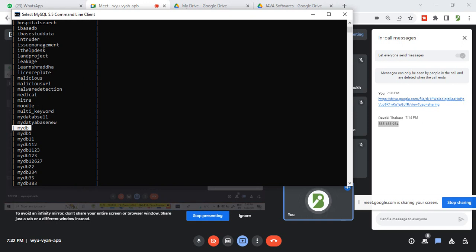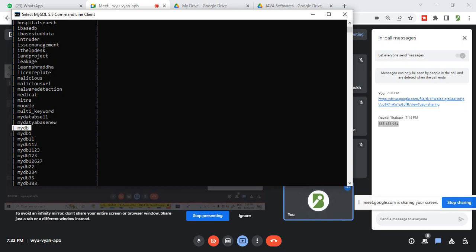Okay, so first of all we have to create a database. What is the query we have to write down? Create database name. Second thing, after creating the database, we have to check the list of databases. How? By using the show databases. Now once we are done with this, we have to go for the next thing.